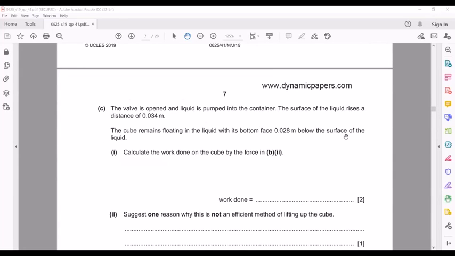So work done, which is force multiplied by distance, 0.067 multiplied by the distance, which is 0.034, you will get 0.023 joules, because it is energy or work done. Suggest one reason why this is not an efficient method of lifting up the cube. Why this method might not be efficient